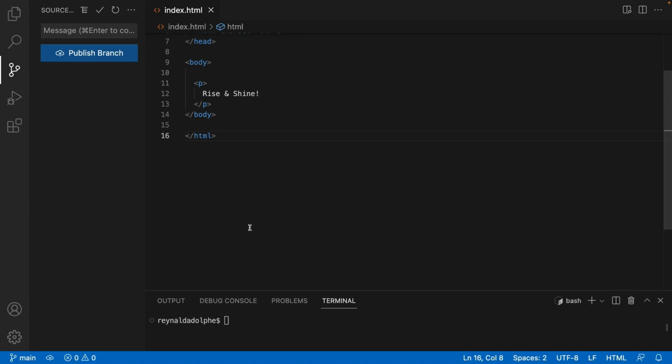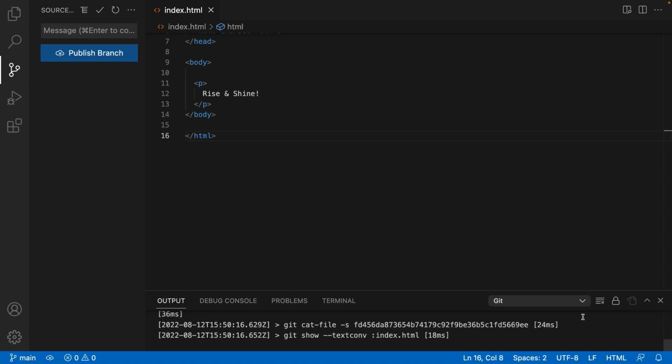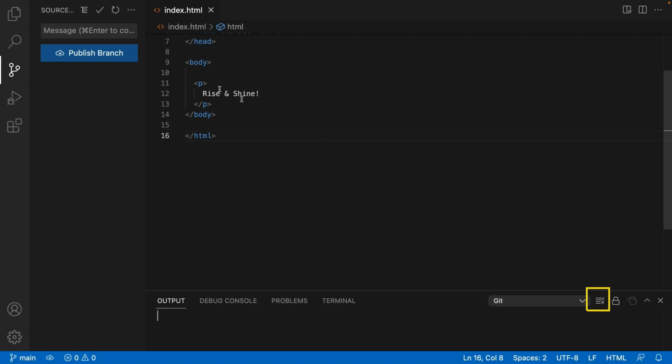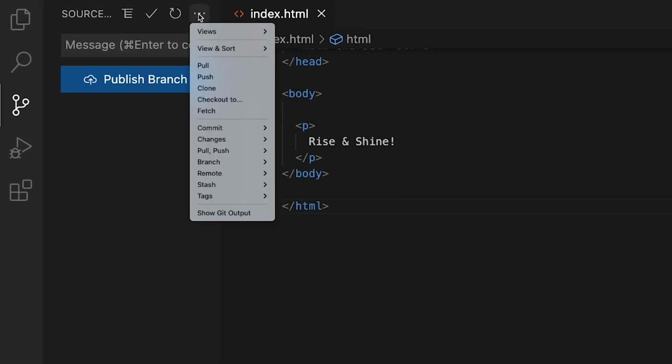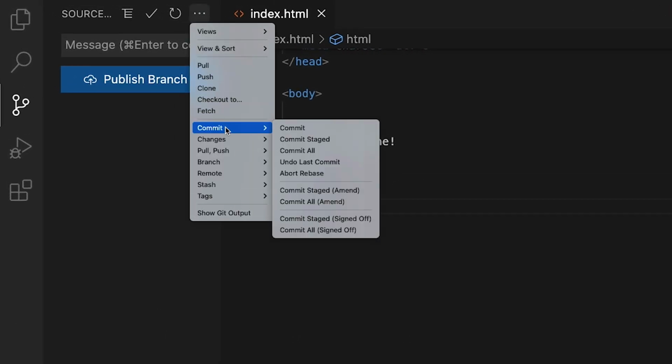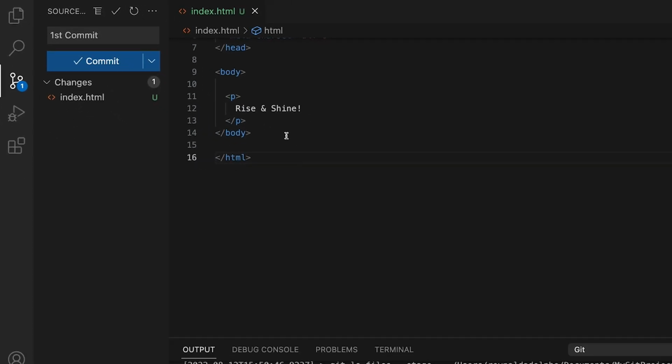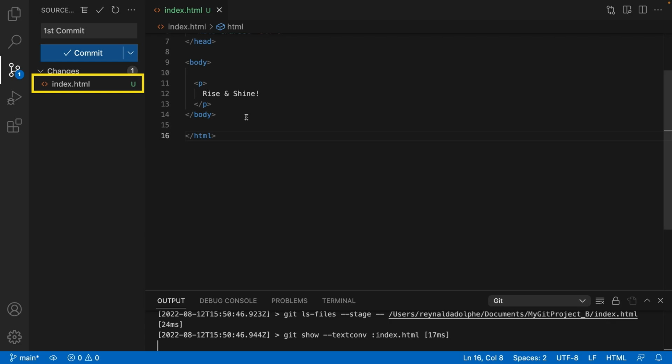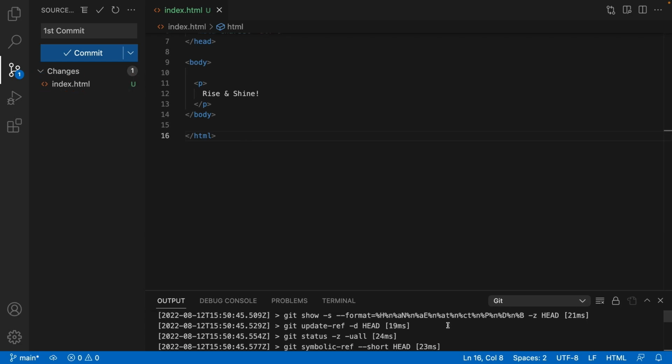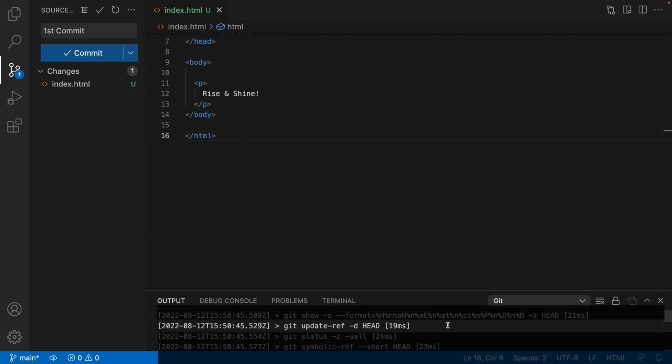Now let's say this was a mistake. We can undo this last commit. To show you the command that gets executed, let me go to the git output and clear the screen there. All we need to do is go to the ellipses and navigate to commit, undo last commit, and now our index file is back and it's untracked. If we look at the second line here on the git output, we can see where the update ref